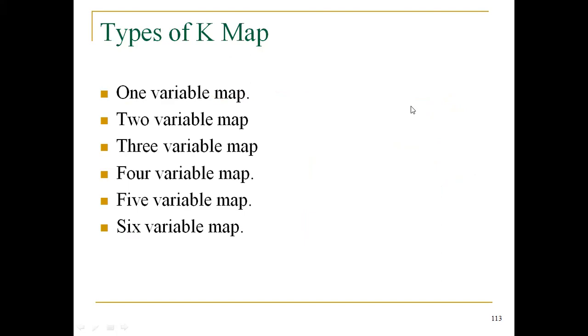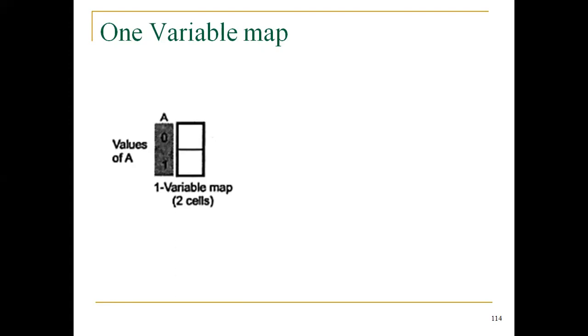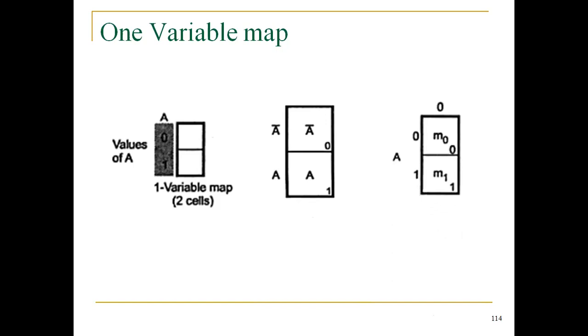But anyhow, you know the fundamentals about the number of variables and number of cells from the earlier session. Now we are entering into the one variable, two variable, three variable K maps. Here only one cell is called the one variable map. After this we will see how we can group the number of ones or zeros in forthcoming slides.